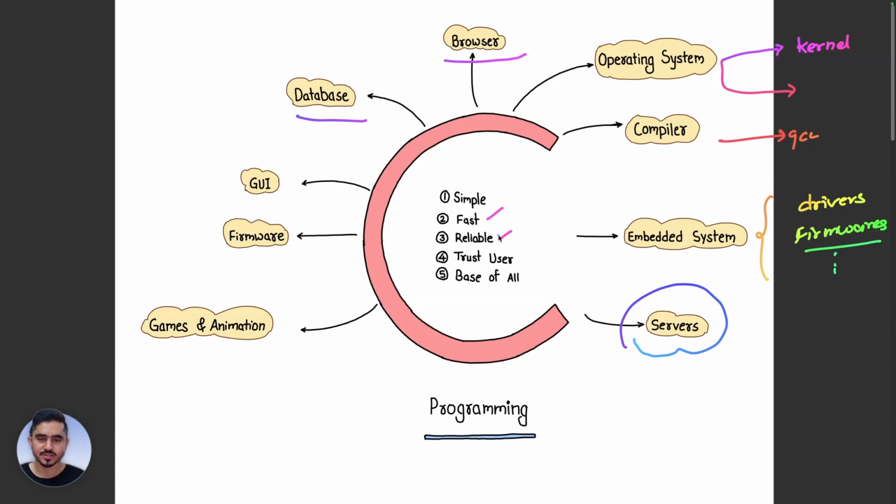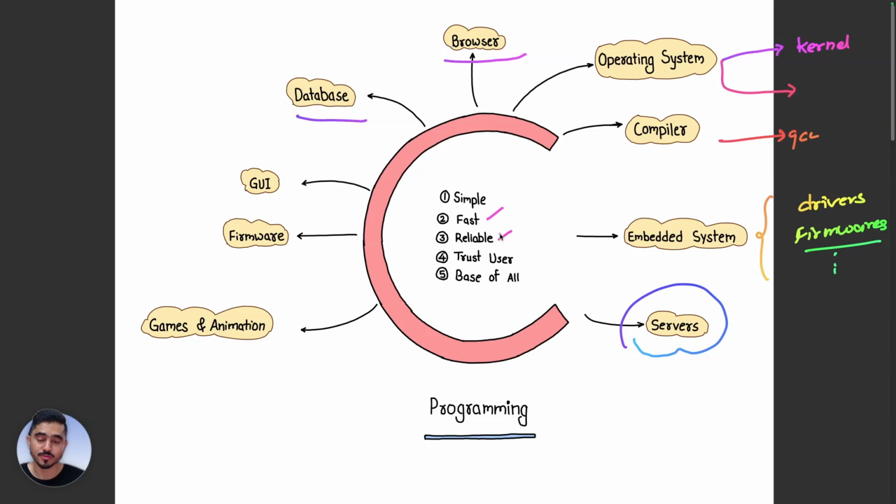And one of the best fundamental principles is that C empowers its programmer. C trusts its programmer, and it never prevents us from doing what needs to be done. Most programming languages have restrictions on what you can and cannot do. But C is really open. It trusts the programmer. It considers the programmer as a god. It doesn't stop you from doing something. Let's say you want to run into a crash, it will let you run into a crash.